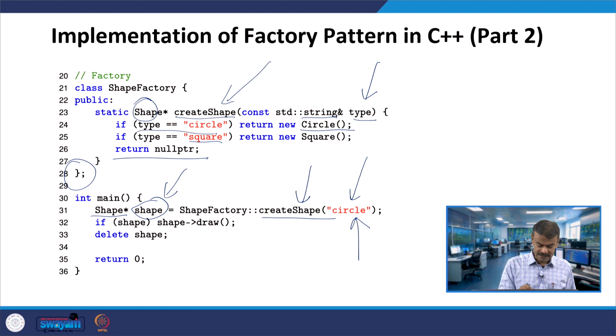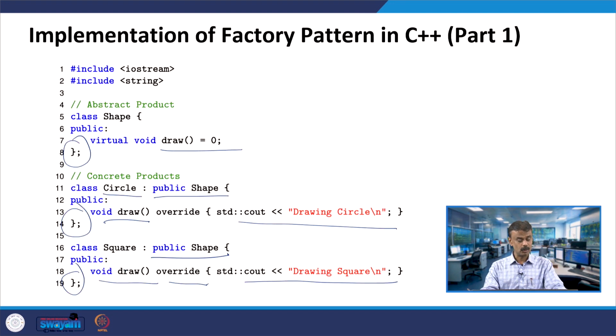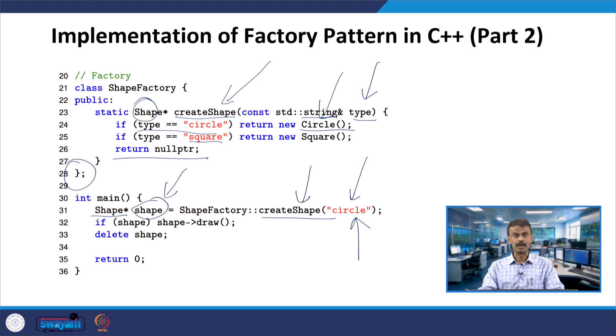If type is circle, return new circle, right. That means this particular constructor will be called, in the class circle. Now I have created an object shape, a pointer object, and obviously shape is not equal to null pointer because it is returning the new circle, line number 24.